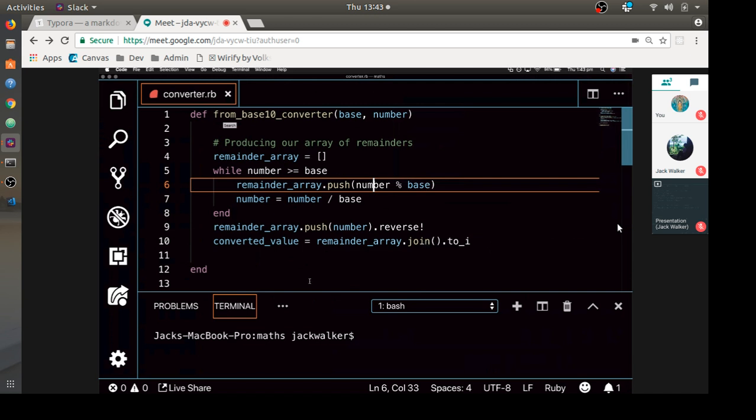So I'm setting a remainders array to take the remainders of the division operation that we were shown by Jill earlier. And while the number is greater than the base, which means it can still be divided by the base, I'm pushing the modulus of the number to the base. So I'm just taking the remainder of the number divided by the base and pushing it into an array. And then I'm saying the number is the number divided by the base, and because they're both integers, it's not going to produce a float, so I get the floored number returned. Once I've done that enough times and the number is no longer divisible neatly by the base with the remainder,